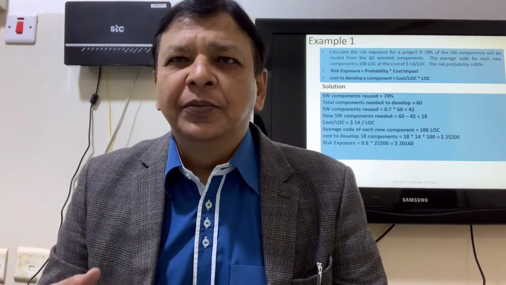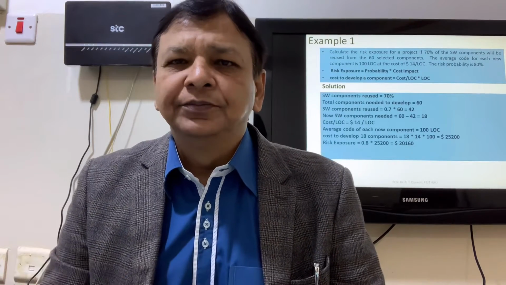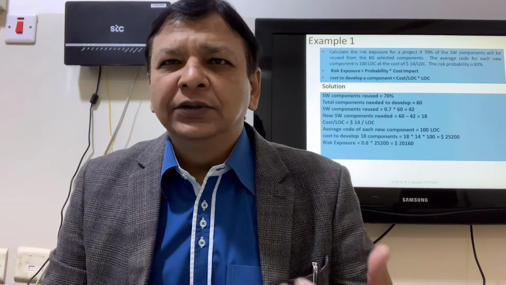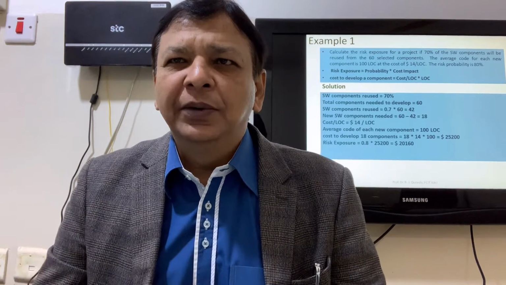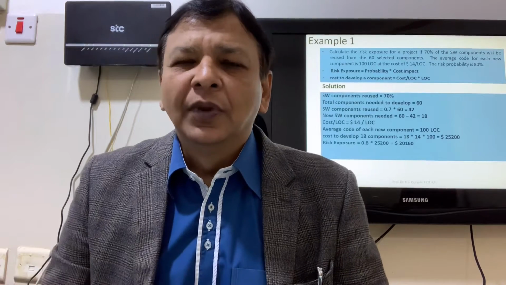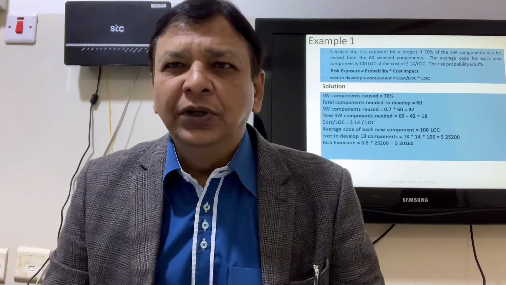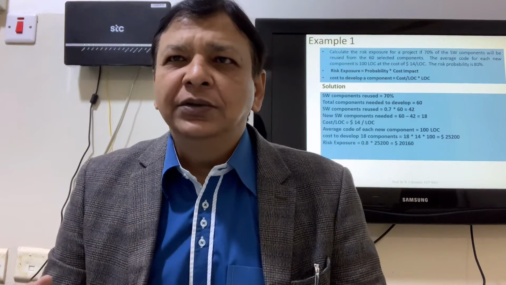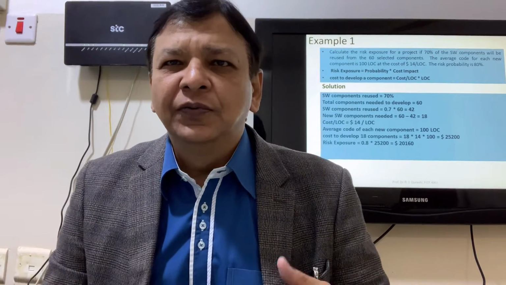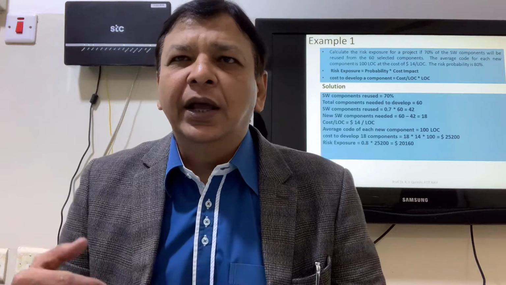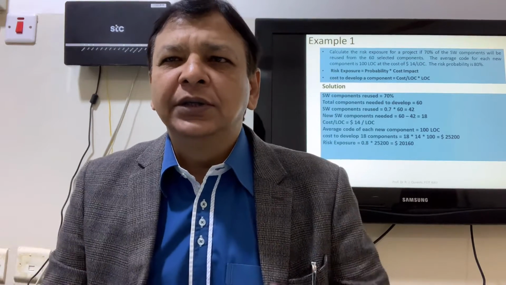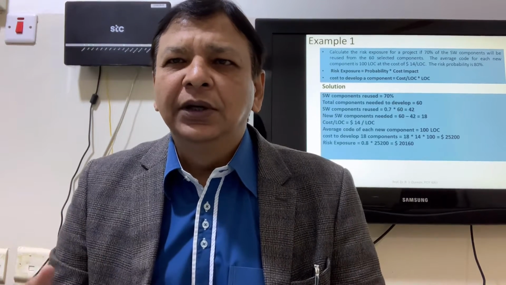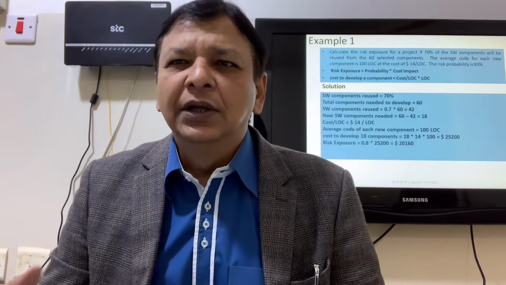So software components reuse 70%. Total components needed to develop 60. Software components reuse 0.7 multiplied by 60, that is 42. How many new components we need to develop? 60 minus 42, that is 18. Cost per LOC for each new component is $14 per LOC and average code for each new component is 100 LOC. Cost to develop 18 new components is equal to 18 multiplied by 14 multiplied by 100, that is equal to